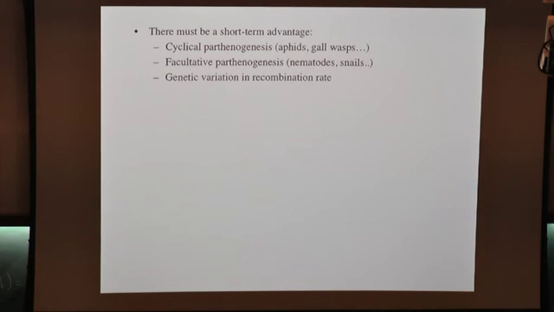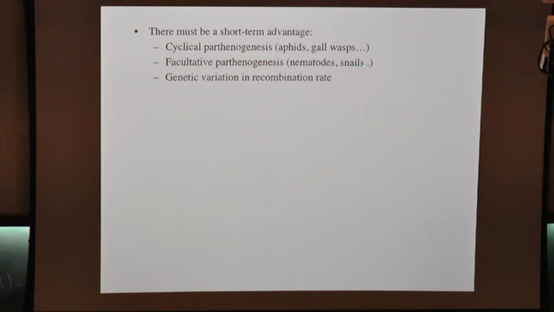Okay, so what I want to finish by doing is to say that actually there has to be a short-term advantage. It's no good saying that, well, in the long run, it was a mistake going asexual, because everything will go asexual. Asexual variants would arise, and they don't seem to be major obstacles to their origin, at least in some groups. And they would simply displace everything. And even if in the long term it was a mistake, it doesn't explain why sexual reproduction is persisting and is maintained at high frequency. A number of slightly more detailed arguments there.